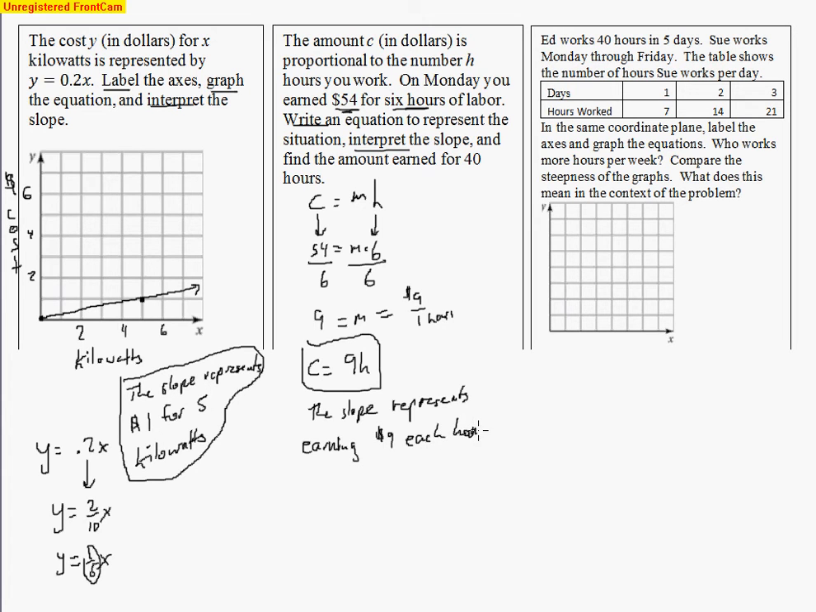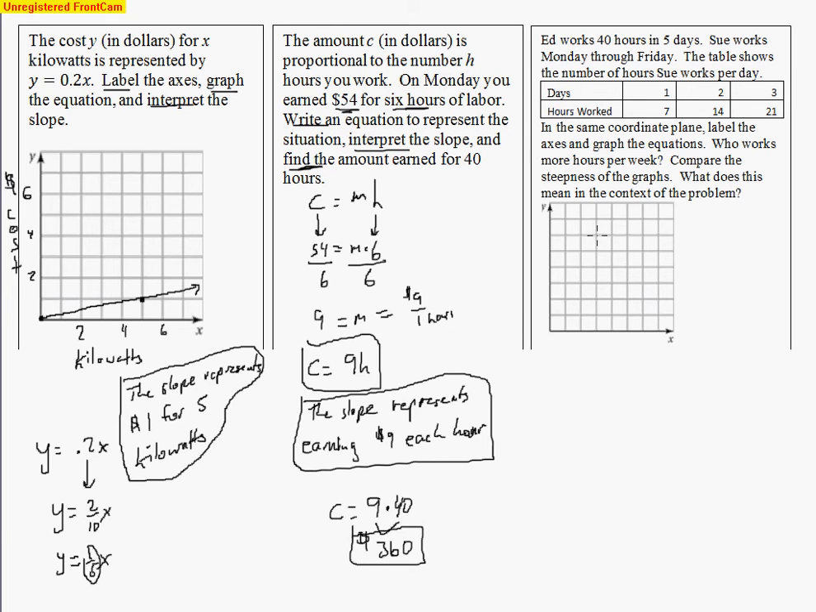So again, the interpretation of the slope is just looking at what the x and y values are, noting that the y value is on top of the fraction, x value is on the bottom. And then it says, and find the amount earned after 40 hours of work. So now we have to find, so 40 hours of work. So I have C equals 9 times 40. So 9 times 4 makes 36, and add a 0, and that gives us our answer. So $360